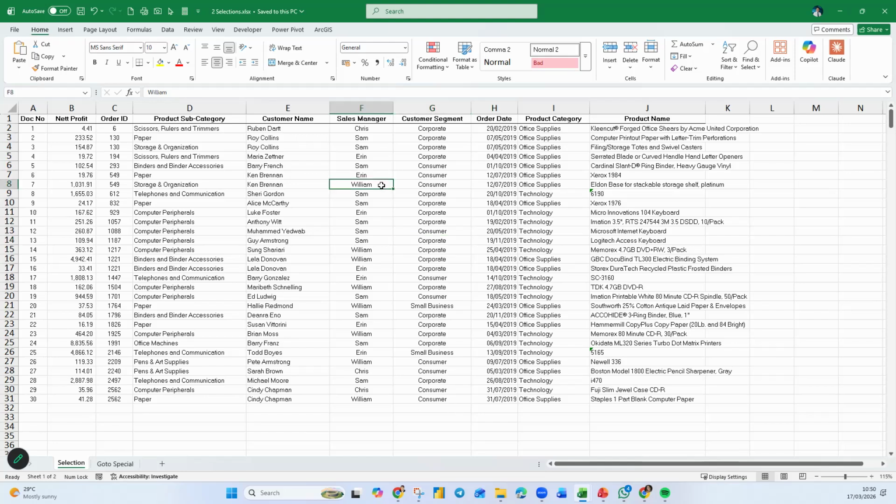Okay, listen. Everyone, watch carefully. I have document number. Then suddenly I got net profit. Then I got order ID, subcategory name. So what if I want to put this particular order date in front of the net profit? How do I shuffle my columns? You see, I have an order date in column H, which I want to put before net profit, after document number, in between A and B.